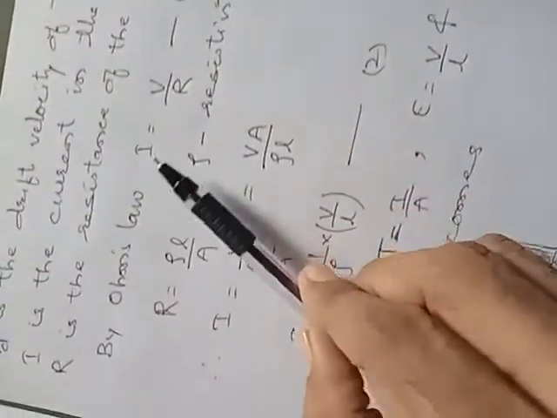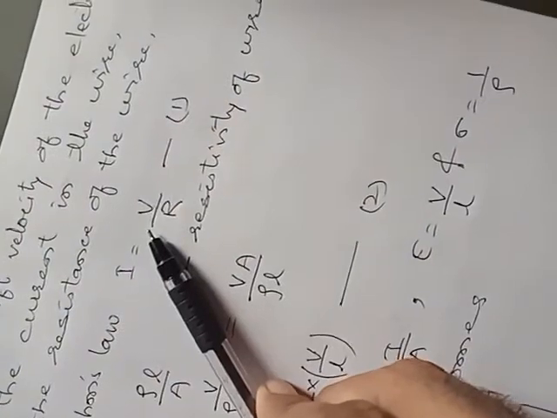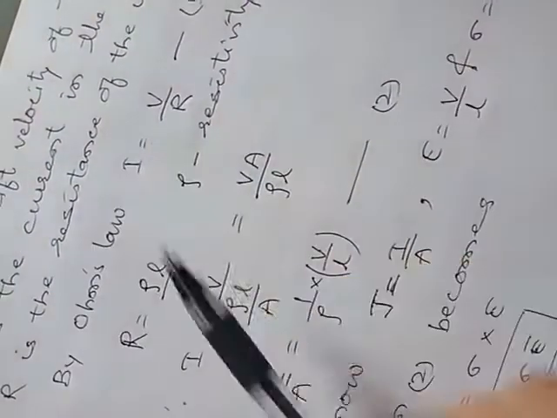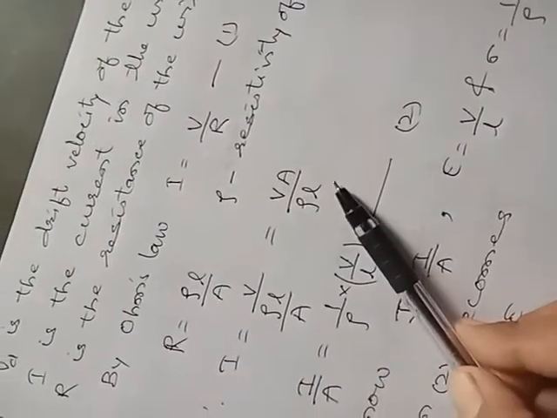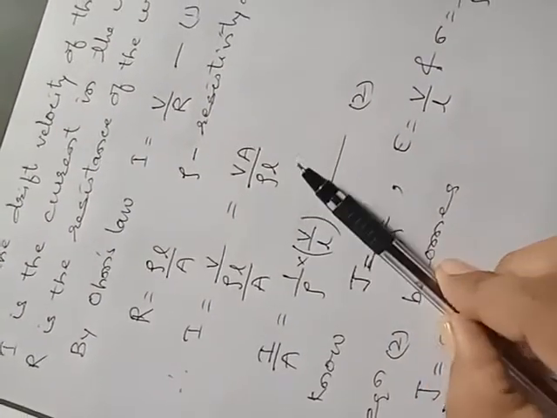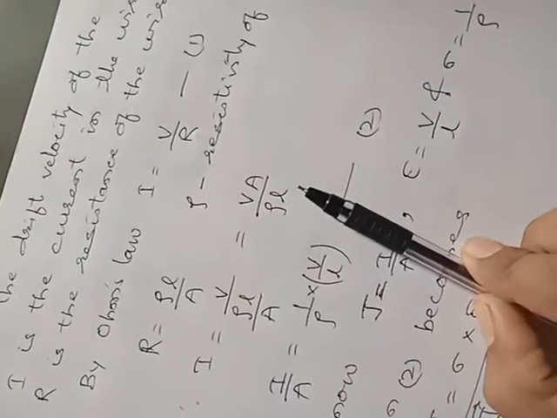So first, with the help of Ohm's law, we have taken I is equal to V by R. Then we have written the formula R is equal to rho L by A. Then we are substituting the value of R in the above equation number 1. So now what did we do? We substituted the value of R in equation 1. After substituting, A is in the denominator, so it will go in the numerator: VA by rho into L. Now after this equation we have to rearrange the terms.